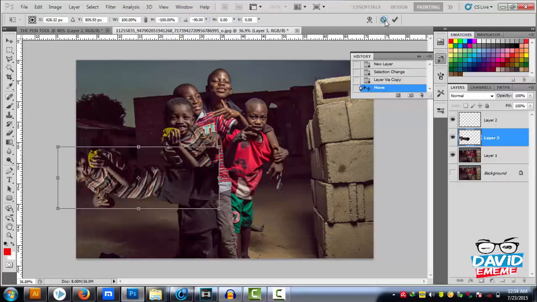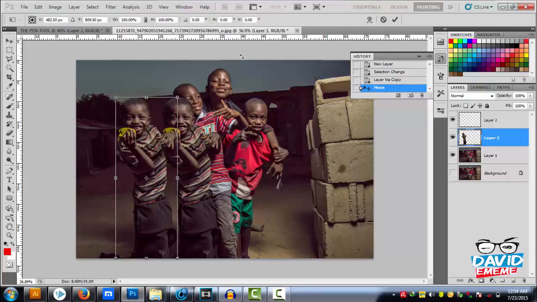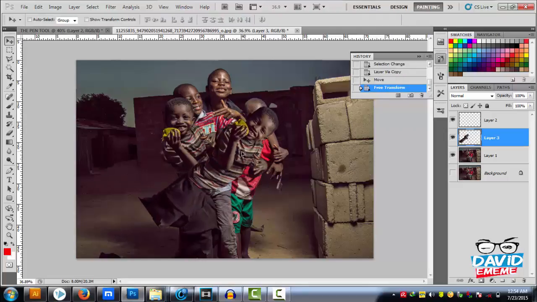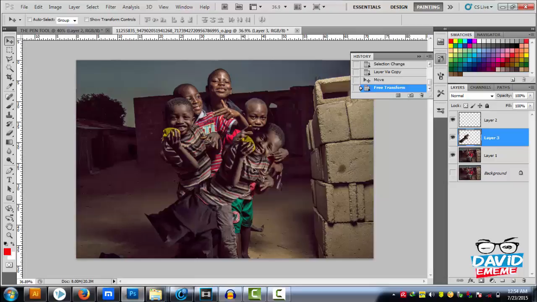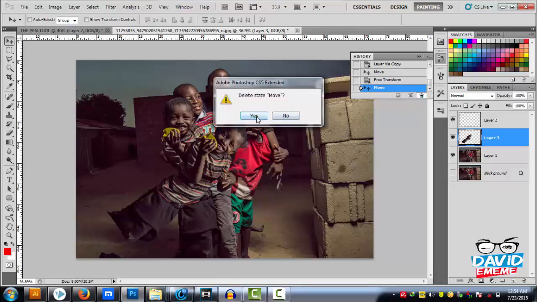If you click this option here, it means you want to cancel the transformation, or you simply press the Escape key to turn it back. But if you click the check mark, you come here, Control T, you turn this guy. If you click the check mark, you flip him this way like this. So you notice this guy is just floating. And also,